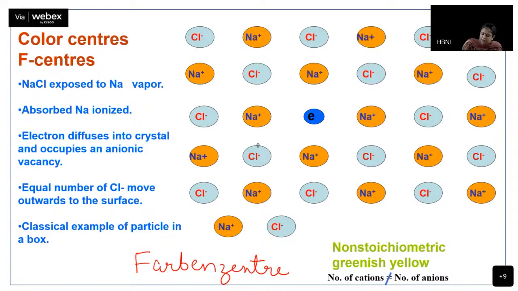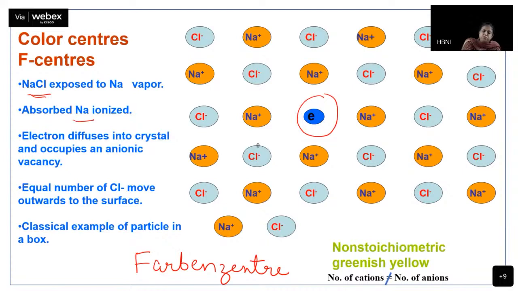It is a German word, right? So F center में क्या होता है basically? Let's say I take my sodium. F center is nothing but an electron occupying an anion vacancy. And how is it created? Suppose I take sodium chloride and I heat it in sodium vapor. Sodium vapor, what will it do? It will get absorbed on the sodium chloride because I'm heating it on a bed of sodium chloride.